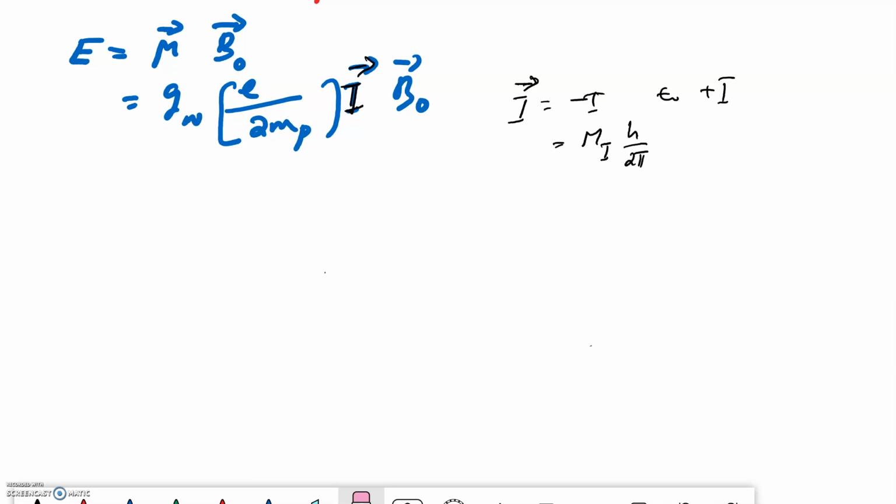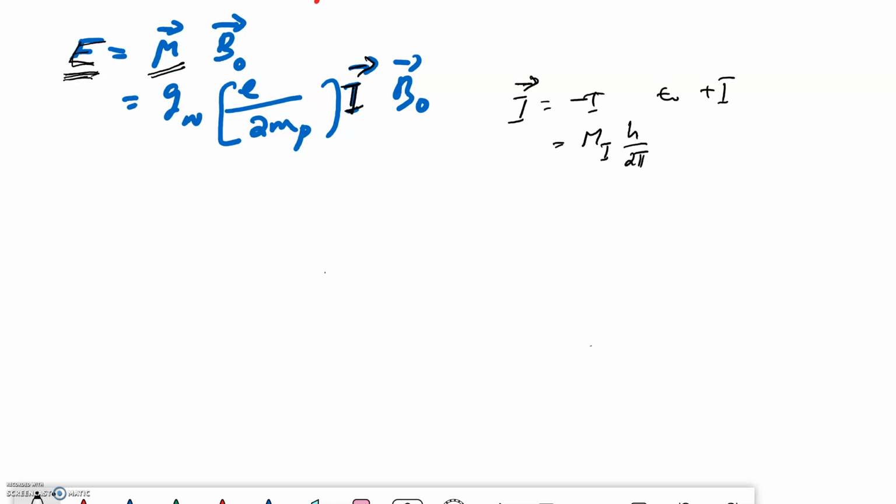Okay, welcome back. In the last video, we derived that the potential energy of interaction E between the magnetic dipole mu and